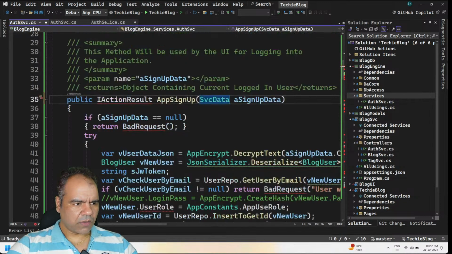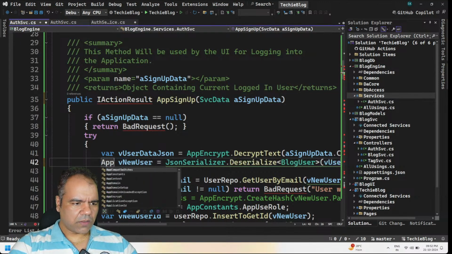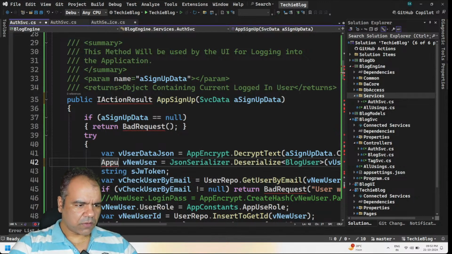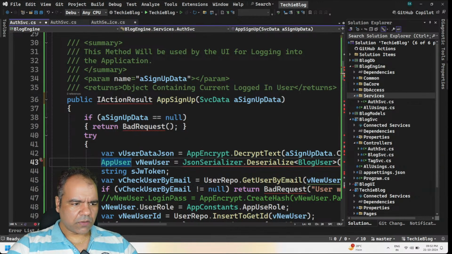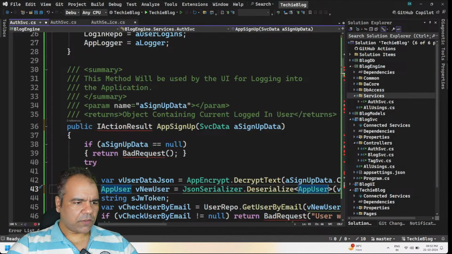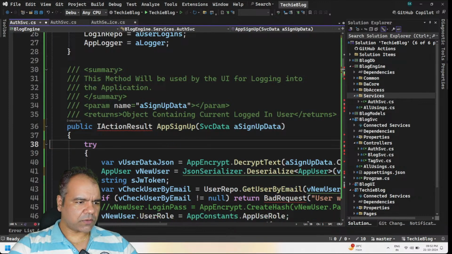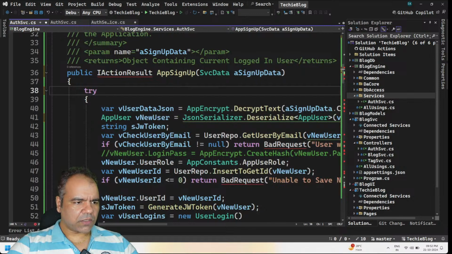Okay, and it will be app user, and it will be like this, app user. So user JSON, this is for sign up, and we won't be using this bad request or something. It won't be action result. What we will be returning is app user. So like this,